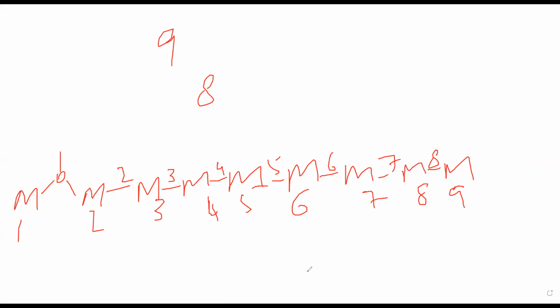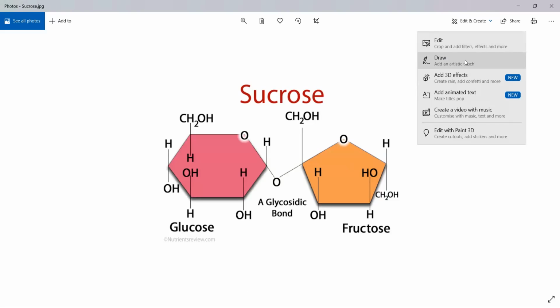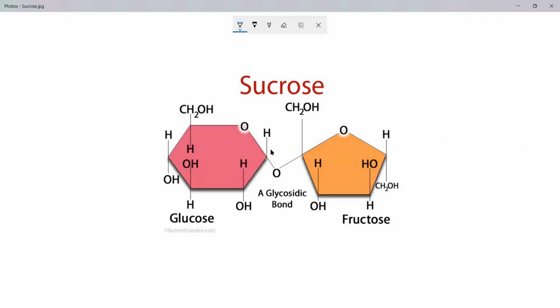Now the glycosidic linkage itself can be of 3-4 types, depending on which carbon is bonded to which. For example, if we take sucrose, sucrose has a carbon 1 carbon 2 linkage. Sucrose looks like this. Look, this is how sucrose looks. So what do I mean by a 1-2 linkage? The first carbon of this structure and the second carbon of this structure are attached to each other. The glycosidic linkage in sucrose is formed such that the first carbon of the first structure is attached to the second carbon of the second structure.